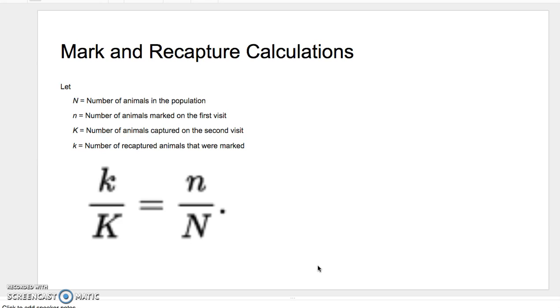So what value are we looking for? We're looking for the total population, which is large, capital N. So do the arithmetic, pause the video, and solve for capital N. So it's fairly simple. Capital N is simply capital K divided by the